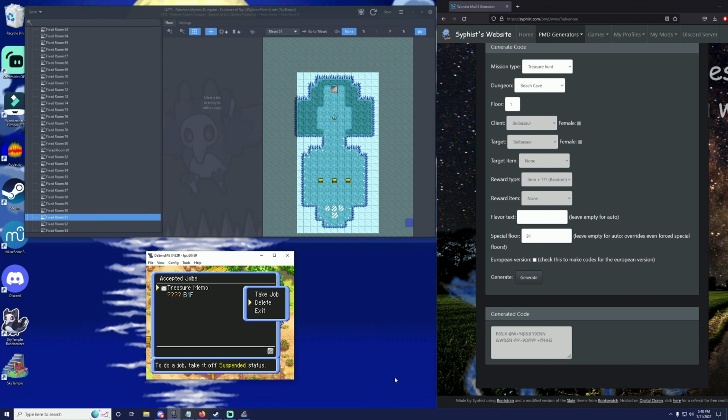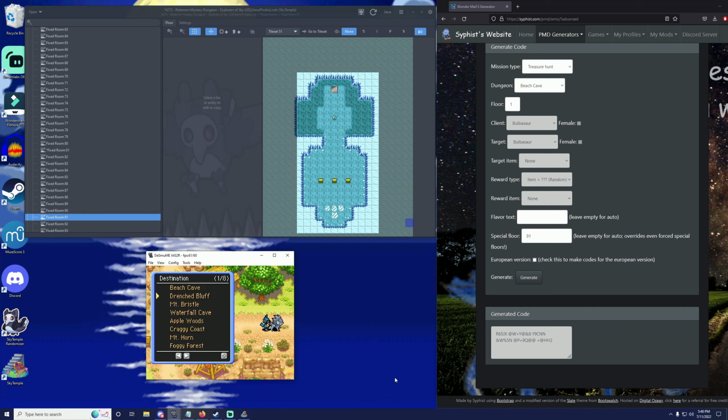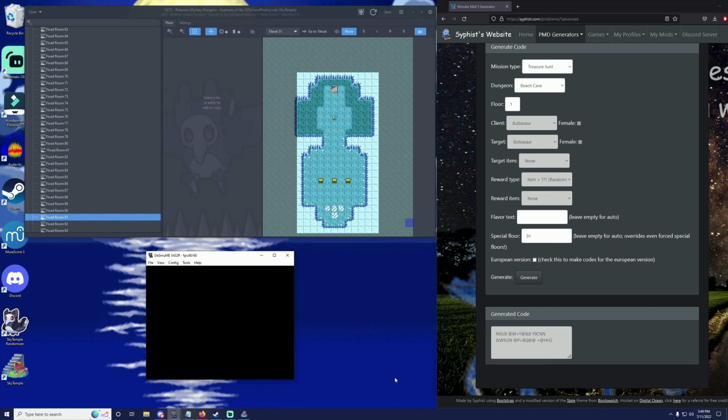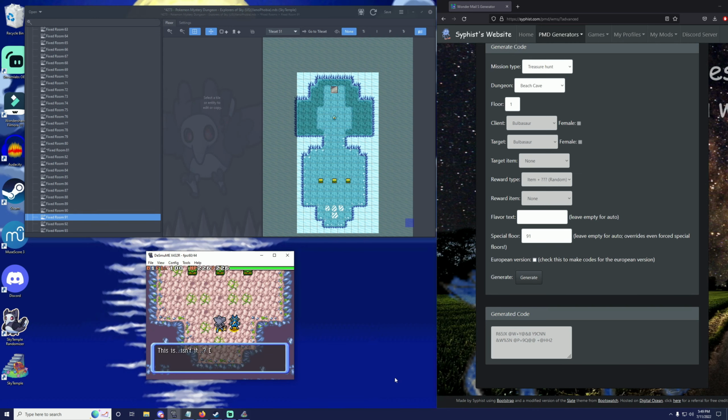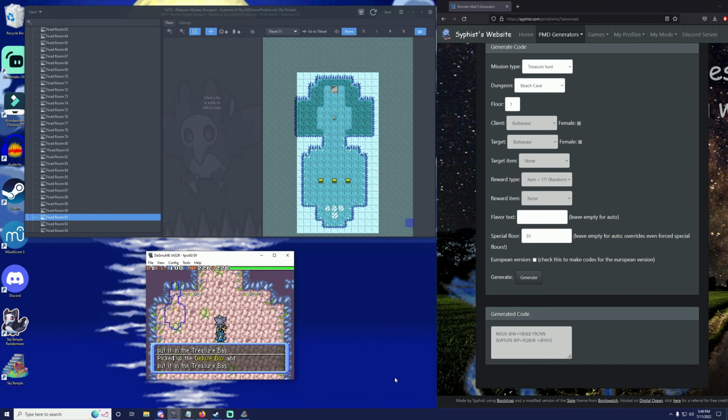For these, it won't give you an icon next to the dungeon you're going to. So make sure you know where you're going. So Beach Cave. Let's see what happens. And there we go. It keeps the tile generation from the dungeon you go to, but it keeps the room